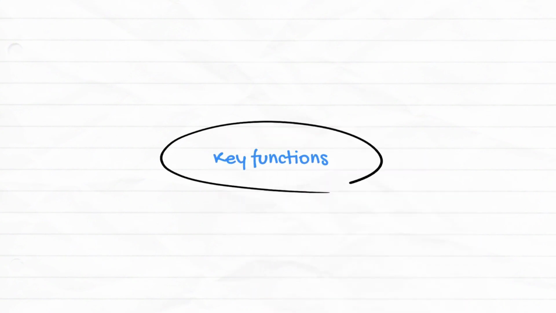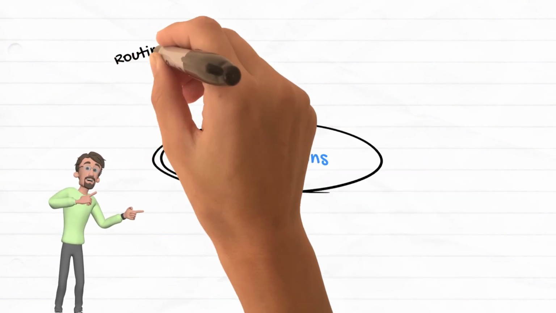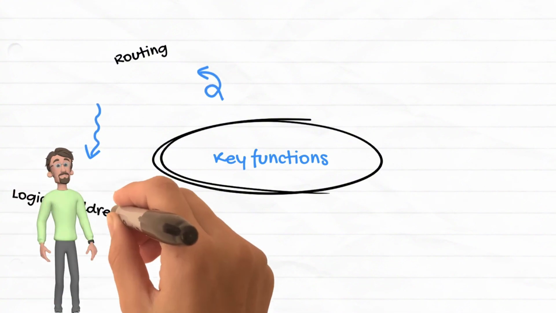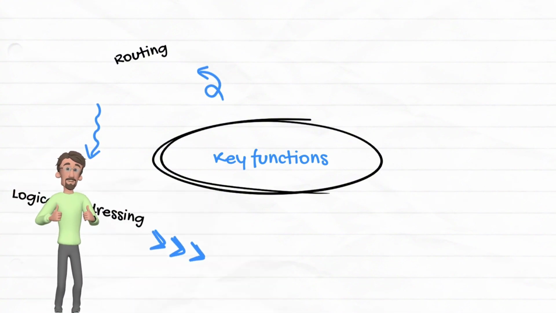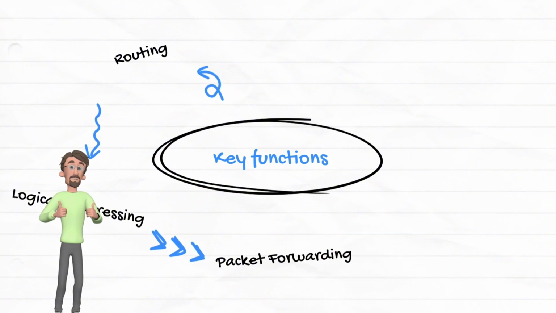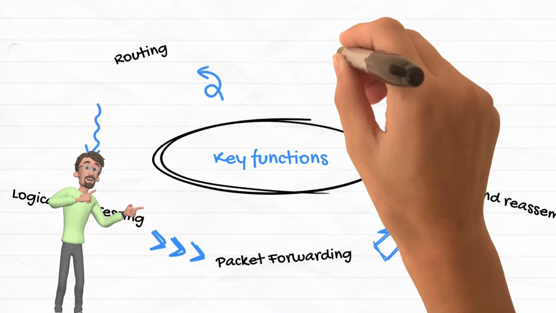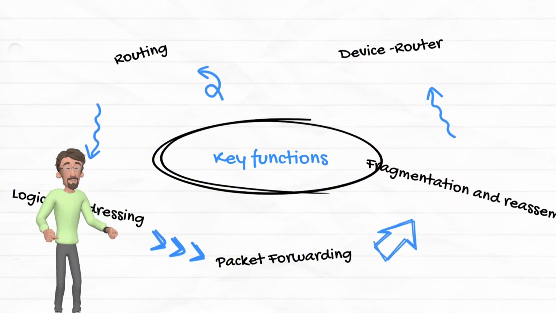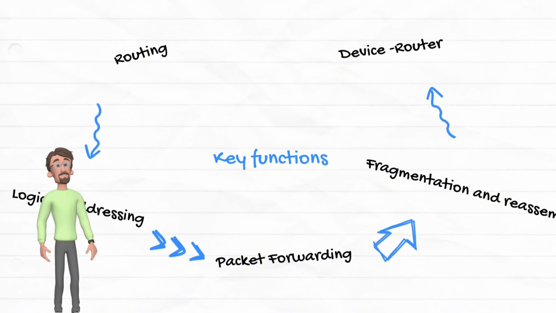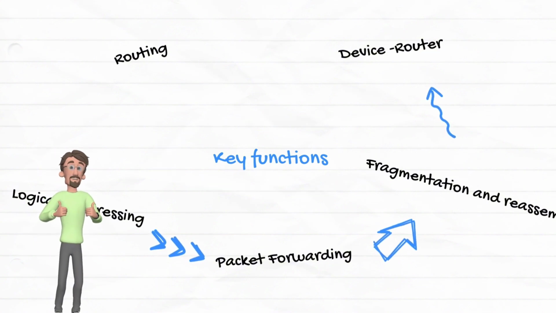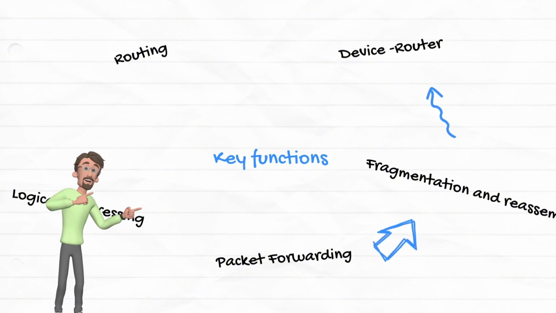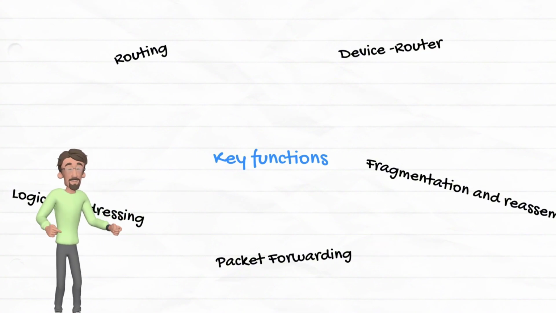Key functions of the network layer. Routing determines the best path for data to travel from source to destination. Example: imagine you are sending a package from Pune to New York. The Postal Service determines the best route for the package to travel, considering factors like distance, traffic, and efficiency. Similarly, in a network, routing algorithms find the most efficient path for data packets to travel from the source device